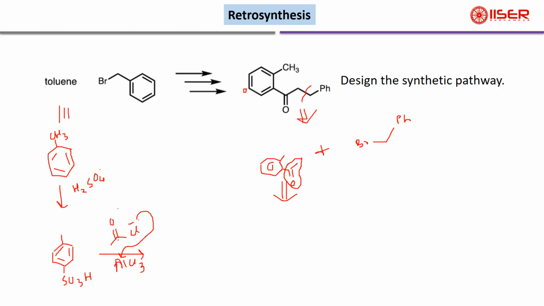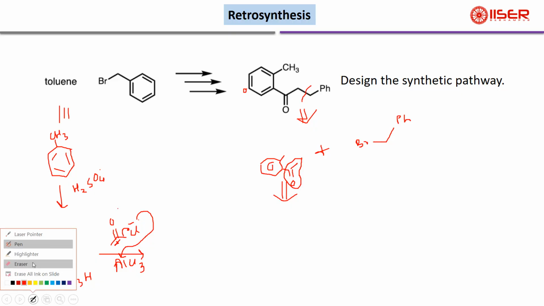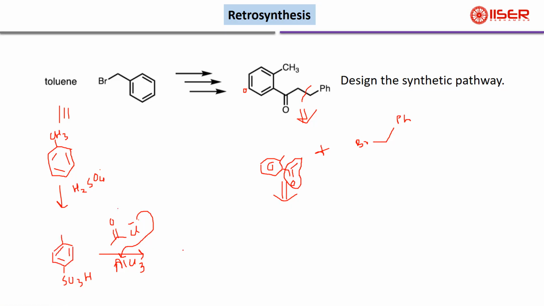Therefore the chlorine becomes positively charged. Because of that, this carbon-chlorine bond breaks very easily, and the electrophilicity of this center is enhanced. So we will get